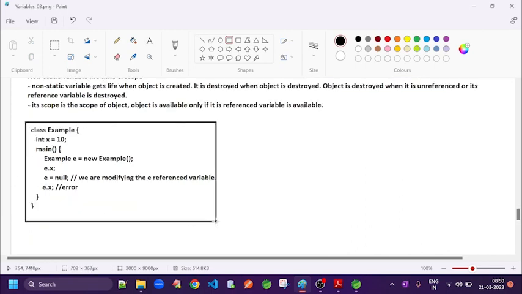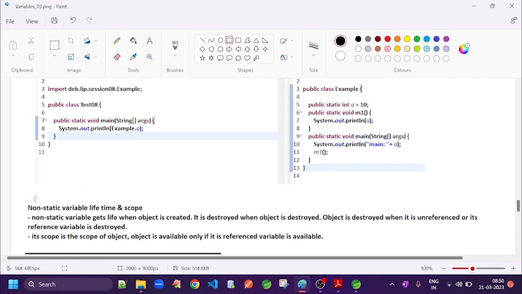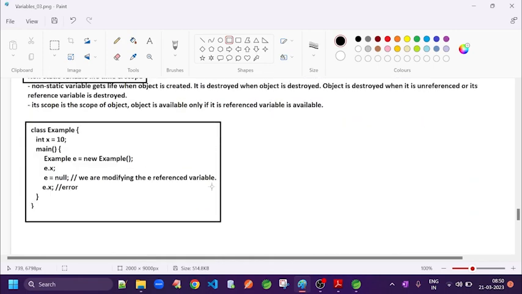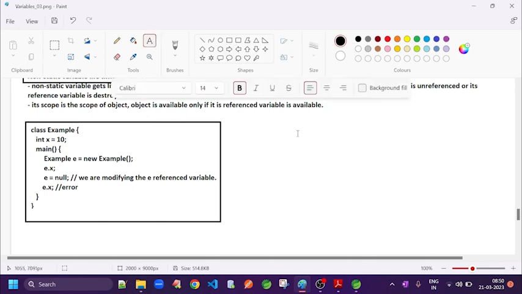So here is the example. Whatever example I am giving here, please practice it. And furthermore, you can search on the internet for what a non-static variable is and its examples. There are a lot of programs on the internet. Just go through them and practice. So its scope, if we are going to see the scope,